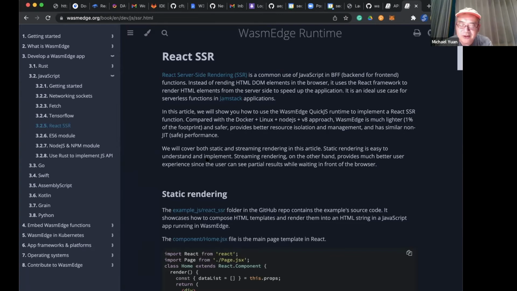So SSR was invented at the time to do this. Now we have a separation between front end and backend, but instead of having the front end entirely rendered in the browser, why can't we have the front end rendered on the server, but not really on the backend server? Because if we go all the way to the backend to render HTML, then it becomes the old generation, right? The HTML and the CSS and all that is rendered from the server. So not really from the true backend, but from an intermediate place in the CDN or on the edge server. It's called the middle tier, right? It's an edge cloud, where you have those edge computing nodes,